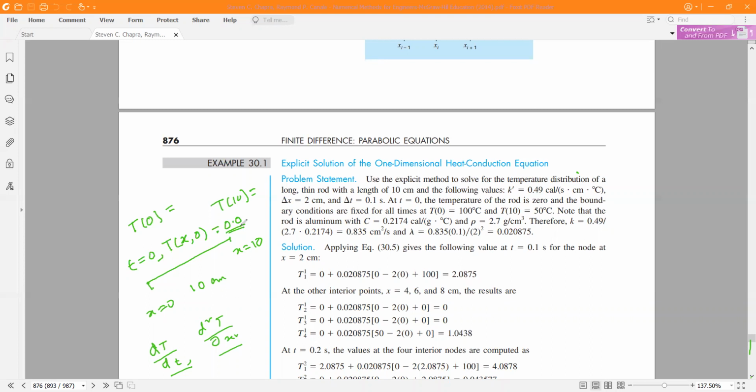Then how to solve this problem here? First thing is we have to discretize this dimension. So here already del x is given. So we have 5 segments total. How many segments? 2, 2, 2, 2, and 2. That means it is 0, 1, 2, 3, 4, 5 segments. If we have the segments there,